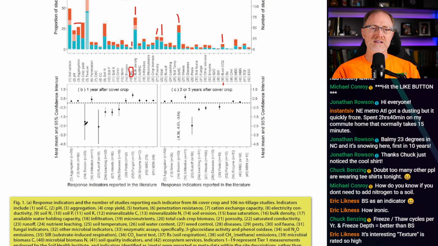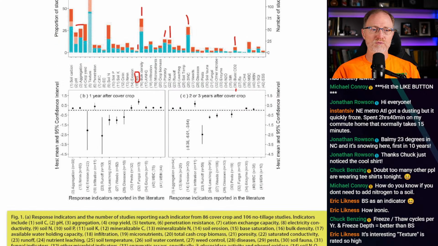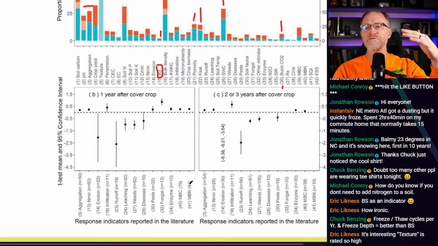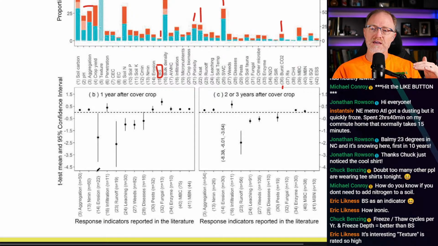So what I mean by that is, in this figure here, I'll zoom back in, we're looking at a new figure here, guys and gals. And on the y-axis, we have t-test mean and 95% confidence intervals. And on the x-axis, we have the various variables, the indicators that actually influenced or were influenced by cover crop. And the way to read this is, this variable here, erosion, showed a reduction as a result of applying cover crops compared to not applying cover crops. There was a reduction in runoff. There was a reduction in leaching, weeds, and diseases.